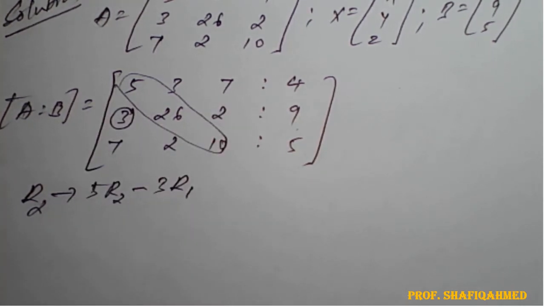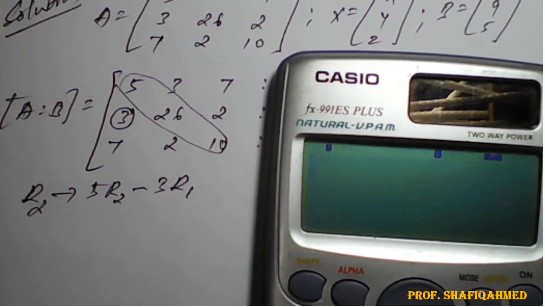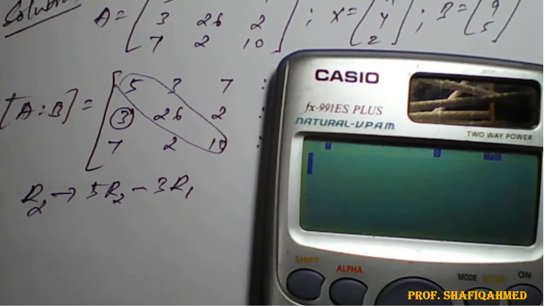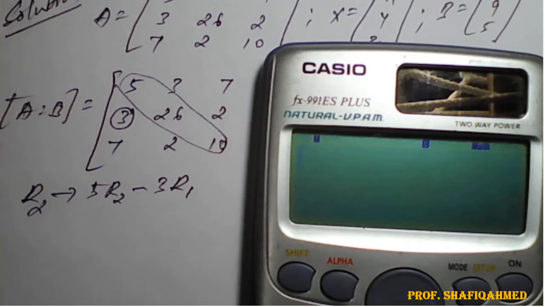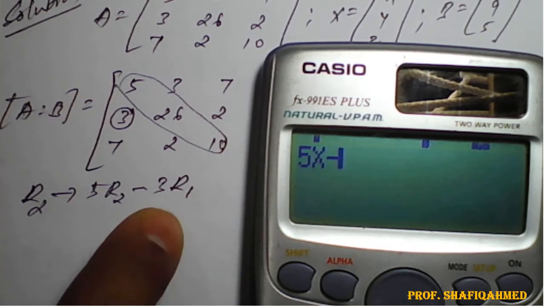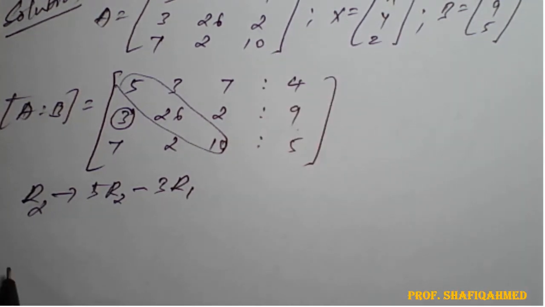So this I will prepare in the calculator now. So you can observe here. This formula we will prepare in the calculator. So what is the formula here? R2 we will take as X, R1 we will take as Y. Therefore 5 times R2, that is 5 times alpha X minus 3 times alpha Y. Okay, X is R2, Y is R1. Remember the calc option. So now the augmented matrix is now.